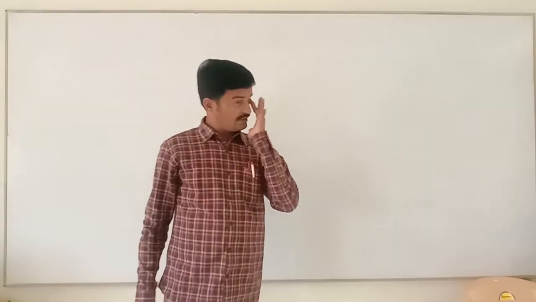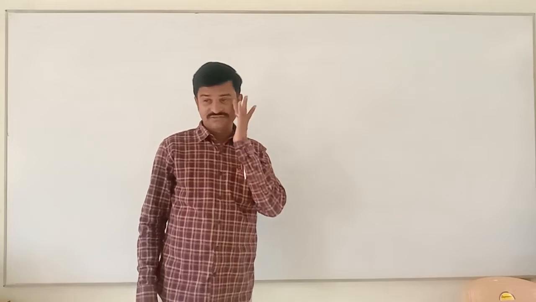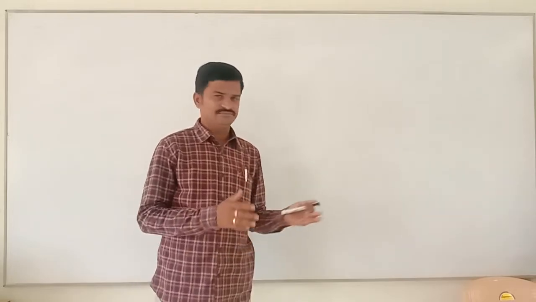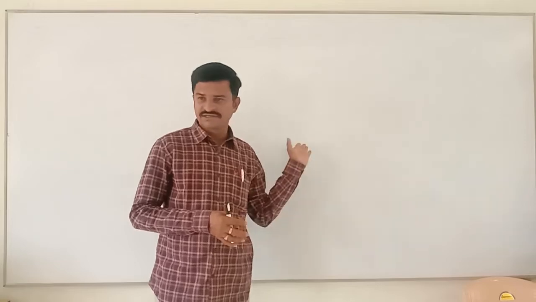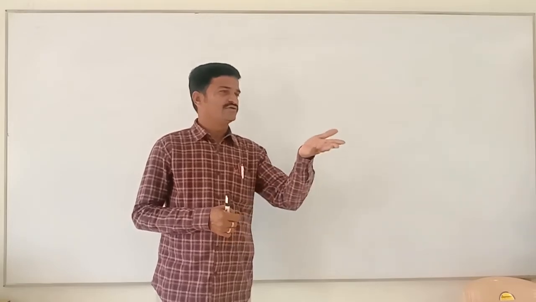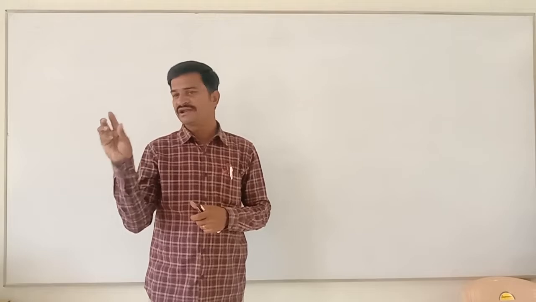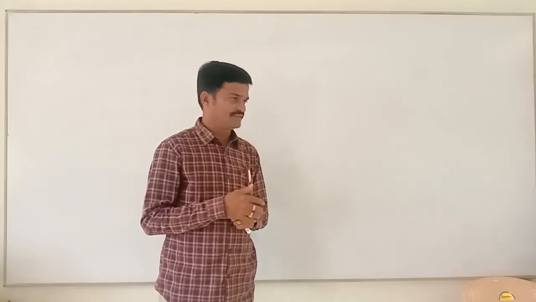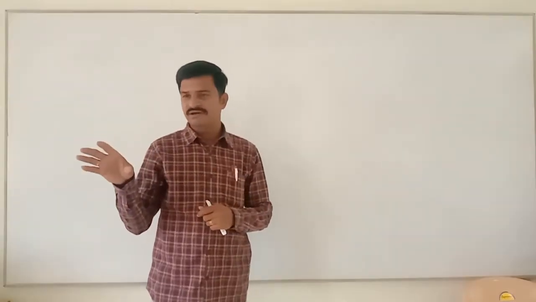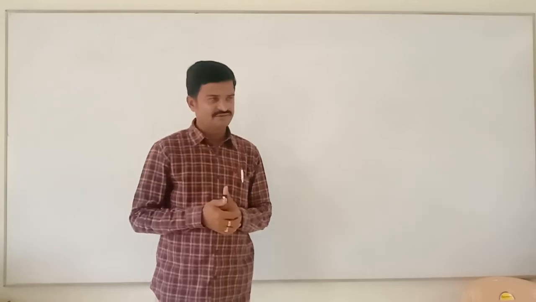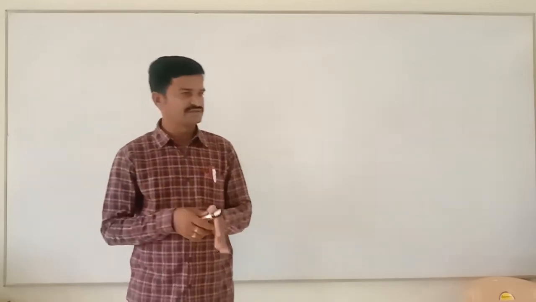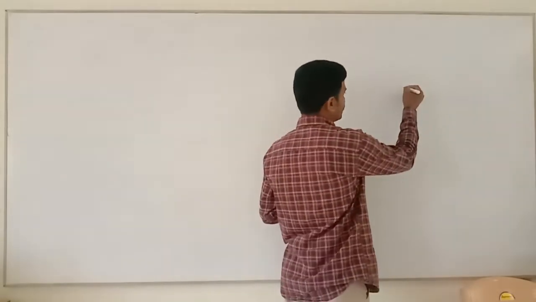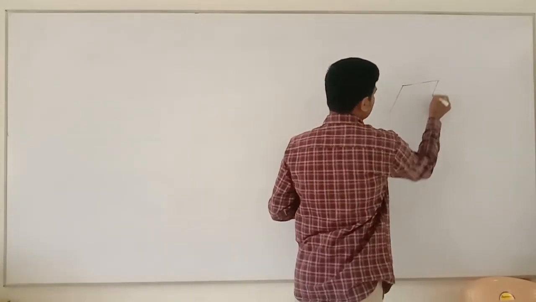Okay, good morning, children. In our earlier classes, we have discussed some properties of parallelograms, and in yesterday's class, we came to know how the diagonals of a parallelogram behave. The diagonals of a parallelogram bisect each other, isn't it? Bisecting means which divides it into two equal parts. So, suppose this is the parallelogram ABCD.